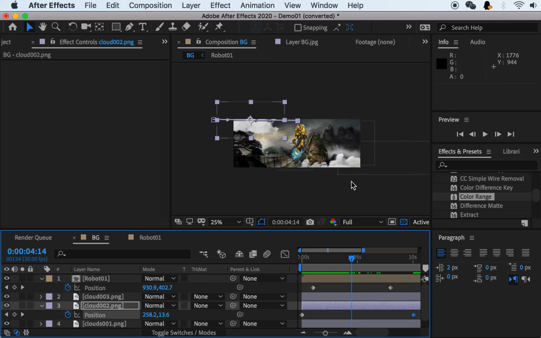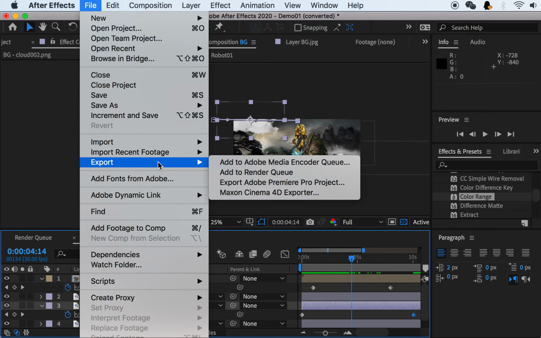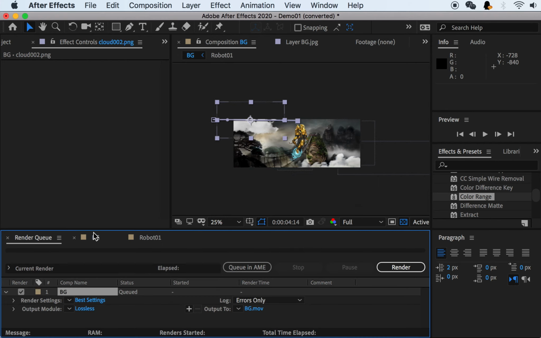And when you've done this, to export your animation, go to the top menu, File, Export, and Add to Render Queue. It will add your current composition for export. Here, there are a few settings you'll have to choose. First, for the output module, in previous versions of After Effects, you'd be able to choose H264, which is a